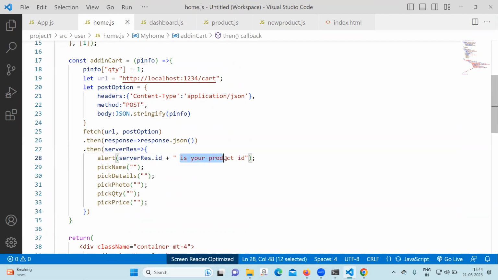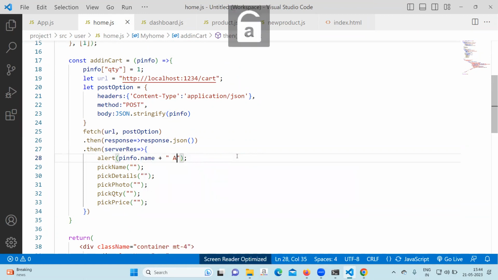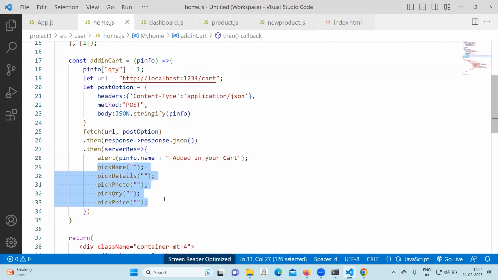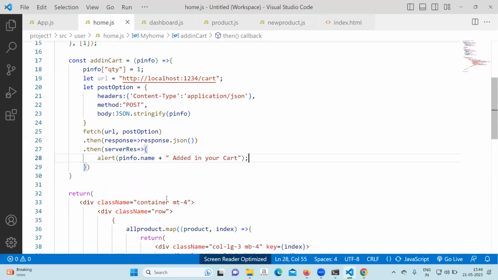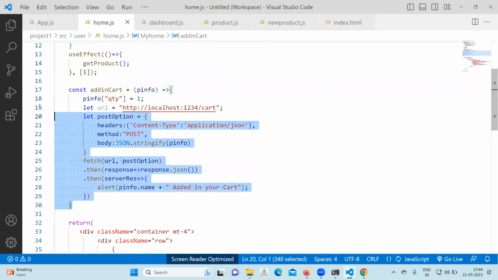response.id. You can add here simply pinfo.name, added in your cart, and remove this. So this is going to do the add to cart functionality. What you see on the internet when you buy something from any